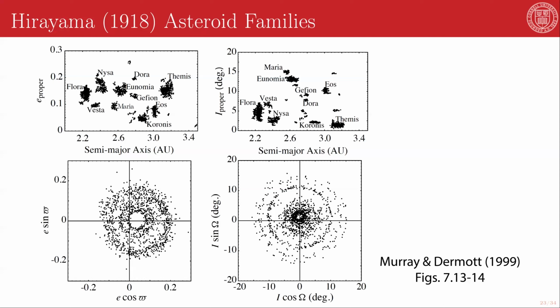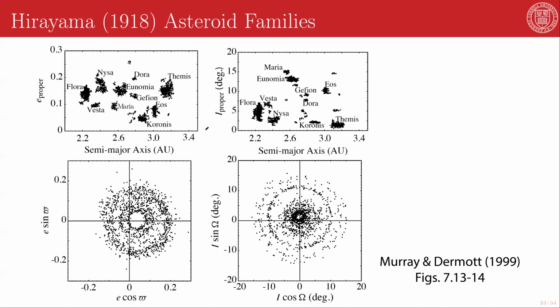This was first described all the way back in 1918 by Hirayama, who analyzed the orbits of essentially all of the asteroids that were known at that point, or had sufficiently good measurements such that these derivations could be carried out. And one of the key things that was shown in this original work is that asteroids would tend to cluster into groups when you plotted their semi-major axis versus their eccentricity and their semi-major axis versus their inclination. But that clustering was way, way more pronounced when you were plotting the free or proper